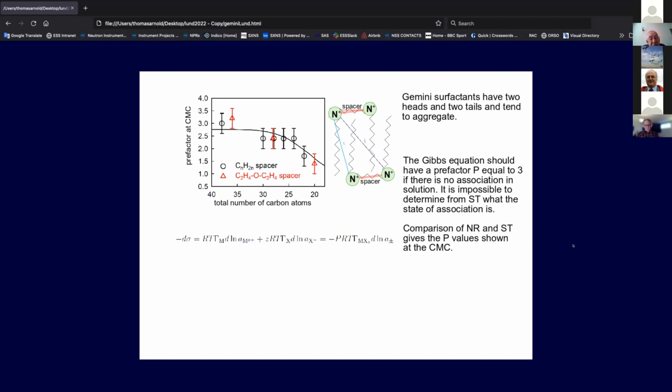Now, what that means is that in the solutions of the small spacer ones, you are getting aggregation in the bulk solution. Doesn't say anything about what's happening at the surface. You're getting aggregation in the bulk solution, which is probably a mix of dimerization as shown and ion neutralization. But you haven't a clue that that's happening from the surface tension measurements. So again, you get the neutron measurements, combine them with the Gibbs equation, and the whole thing becomes a very